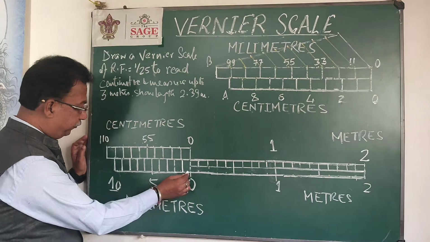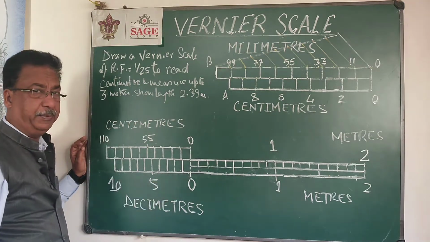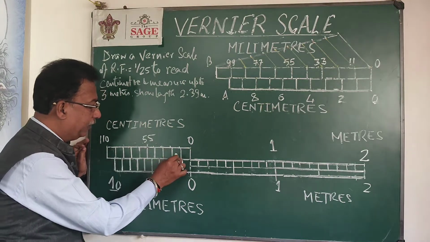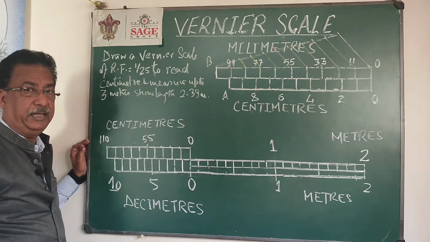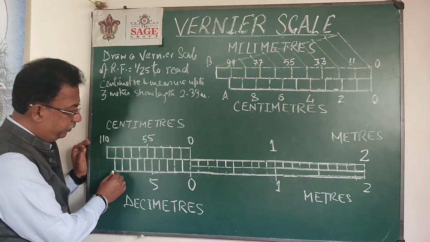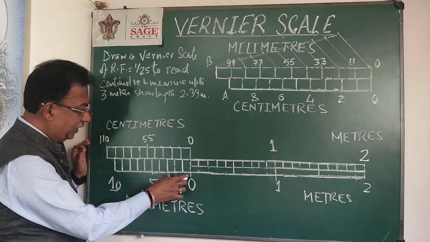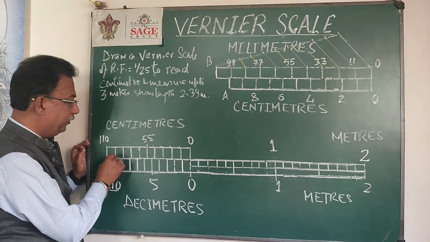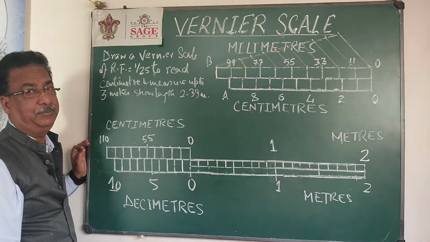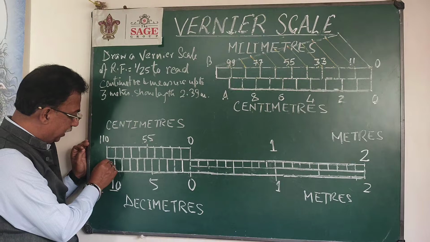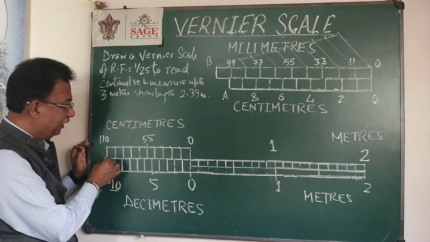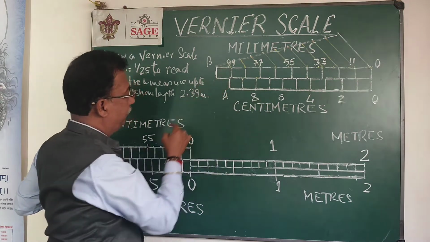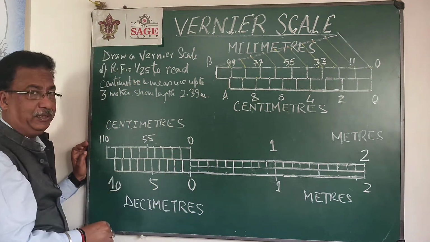Now above this first part, that is the part of the primary scale, I have drawn another rectangle showing the vernier scale. Again the concept will be, on the bottom side this length will be 10 decimeter, and above, what we have taken will be 11 decimeter. So one additional part I have added on the left side, and this total length OB will be equal to 11 decimeter.